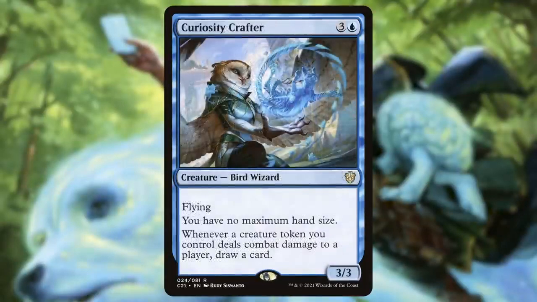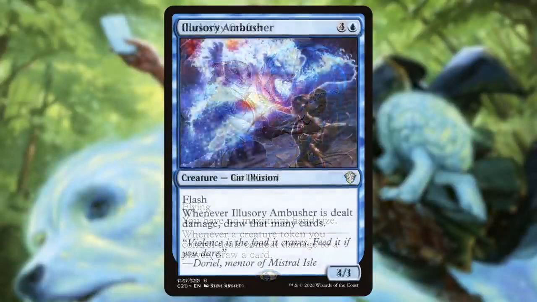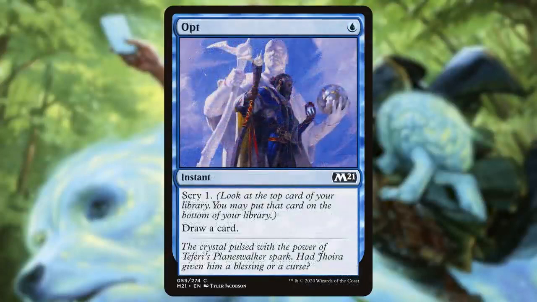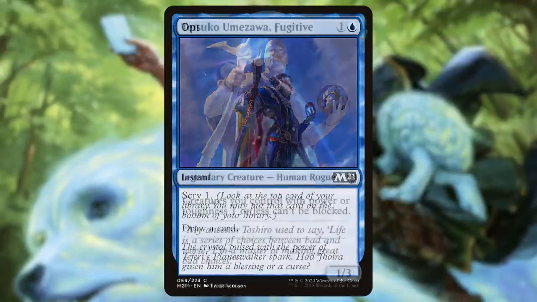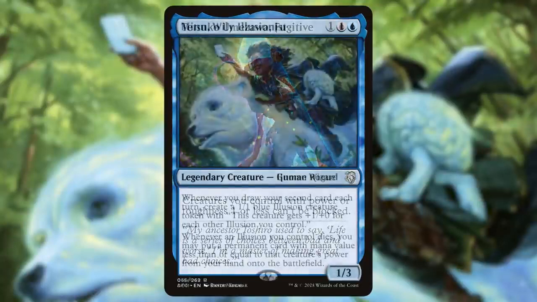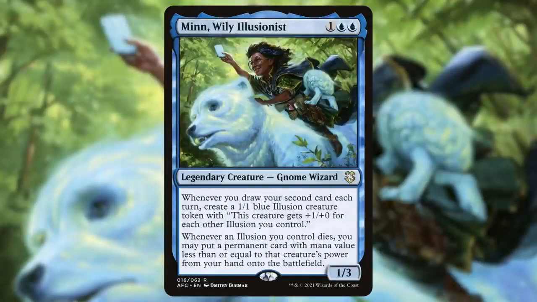There's Curiosity Crafter. Whenever a creature token deals combat damage to a player, we draw a card. Whenever Illusory Ambusher is dealt damage, we draw that many cards. Or we also have cards like Opt, which is for 1 blue, we get to scry 1 and draw a card. Now we can make our illusion tokens that are made with Min unblockable with creatures like Tetsuko Umezawa, Fugitive. This now makes creatures we control with power or toughness 1 or less unblockable. And this is great because the illusions that we're making with Min get +1/+0 for each other illusion we control,